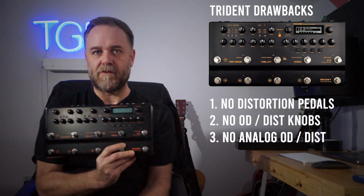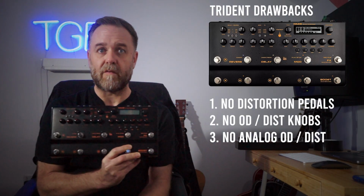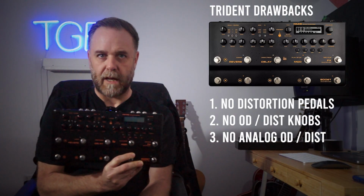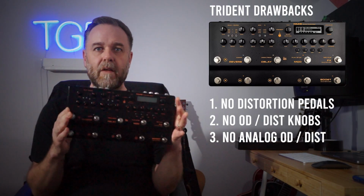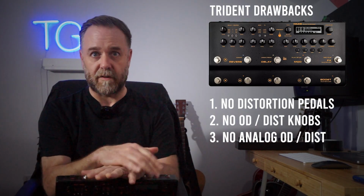That's one major difference between this and the Cerberus. The Cerberus's overdrive and distortion are analog, okay? So that's the Trident. So who I think the Trident is for is the person who wants all of their